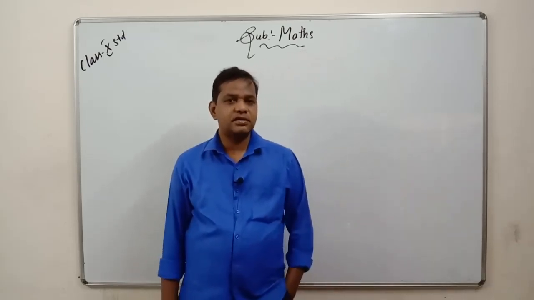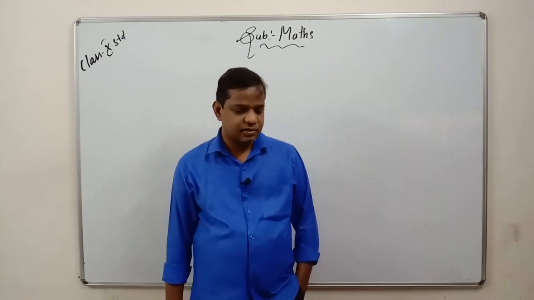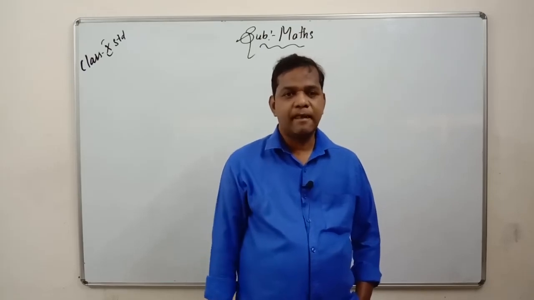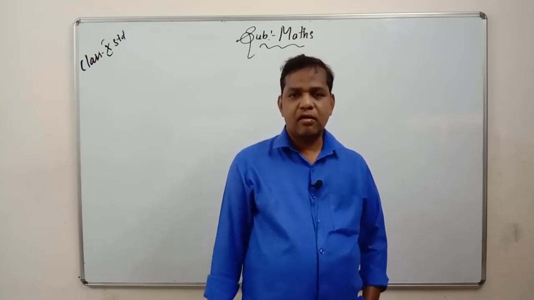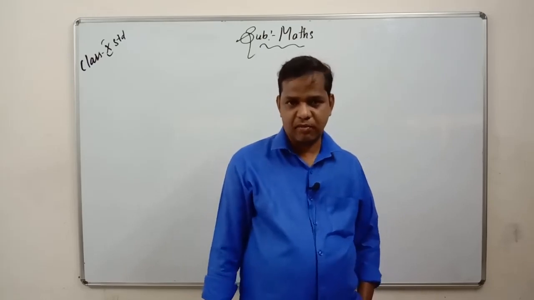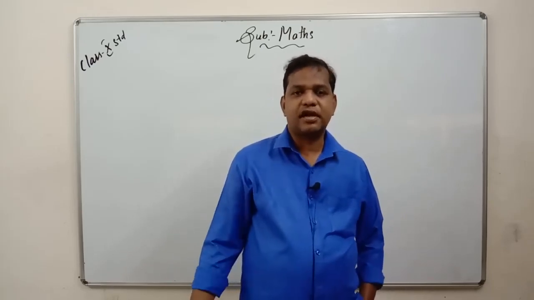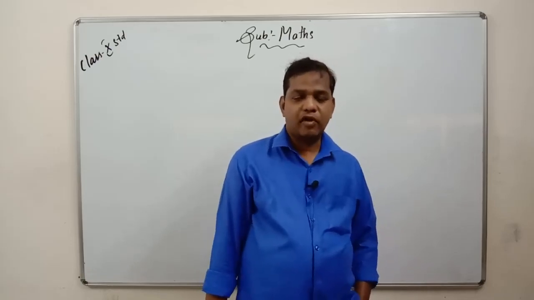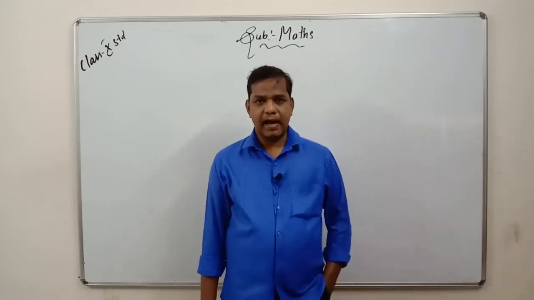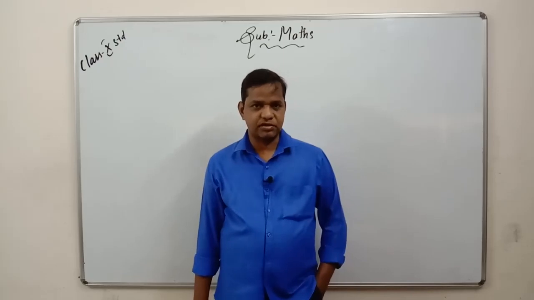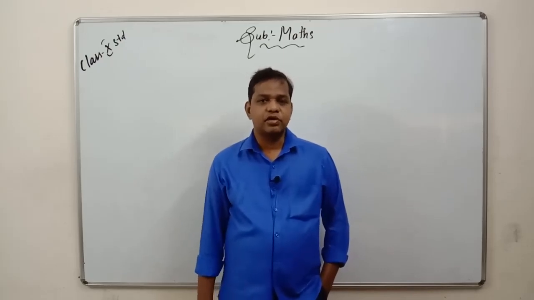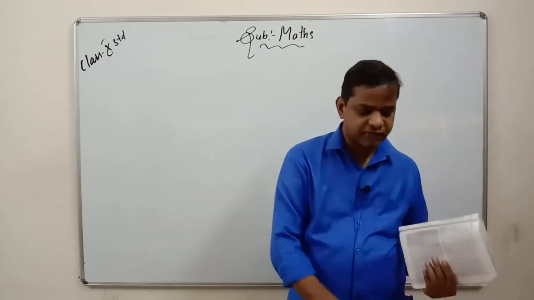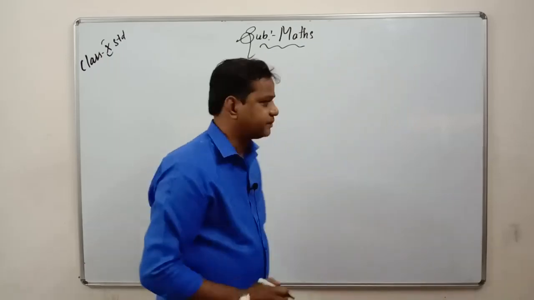Okay, last class we stopped at the graphs, so we still have 3 graphs to go. Let us see what the graphs are. I told you about zeros of polynomials: the first is linear, the second is quadratic, and the third is cubic polynomial. We had 3, and I gave examples of all 3 and also told you what is meant by linear, quadratic and cubic polynomial. So everything we studied here. Today we will see 2 more graphs he has mentioned here, and the meaning of those 2 more graphs.